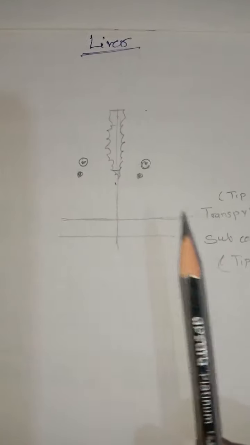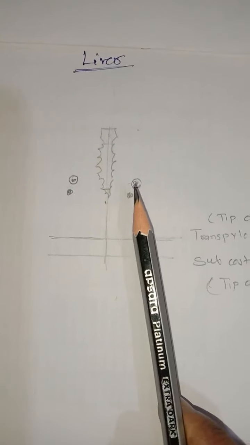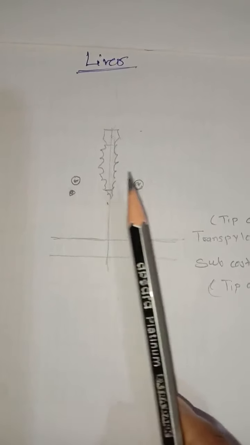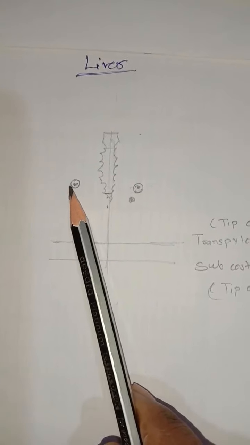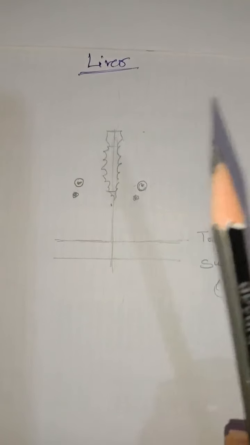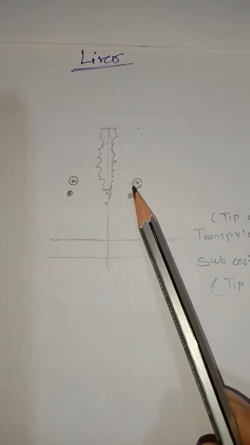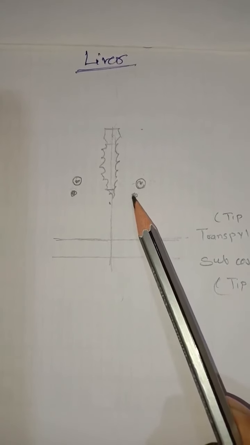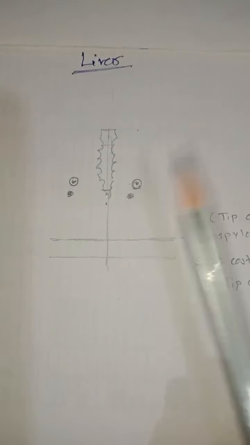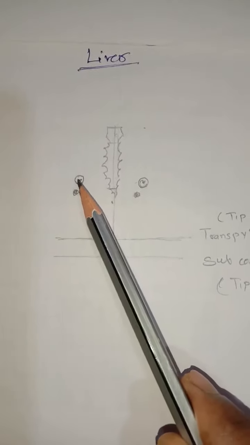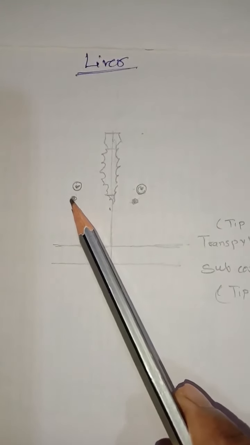Then to draw the surface anatomy of the liver, first you should see the position of the nipple of the breast on both sides. So here is the left nipple, and here is the right nipple. Then the first point should be taken just below the left nipple, but slightly on the right side. So that is the first point. Then the second point is taken just below the right nipple. So this is the second point.